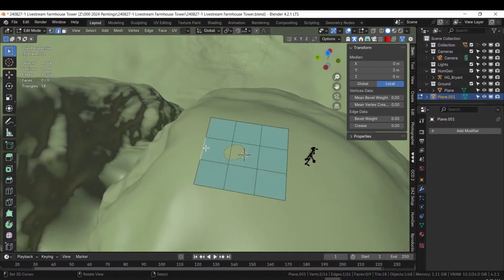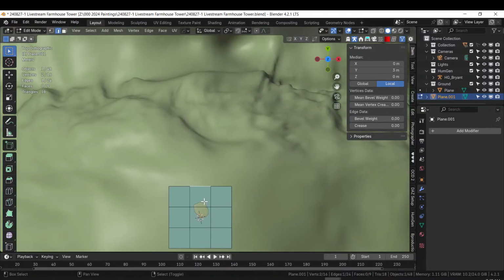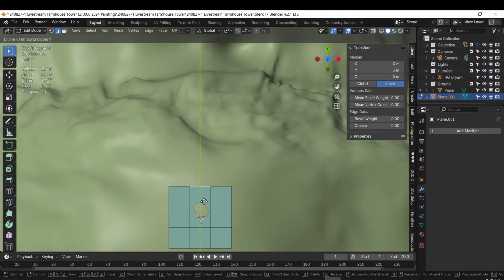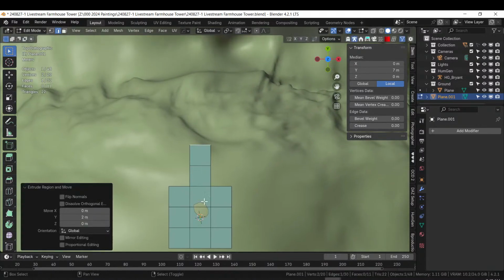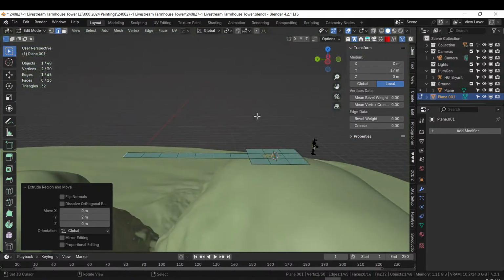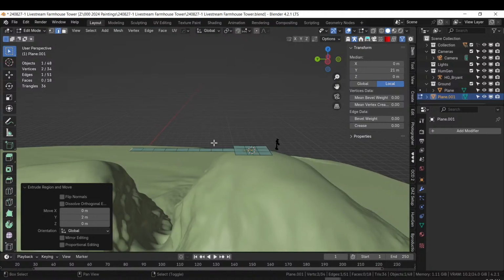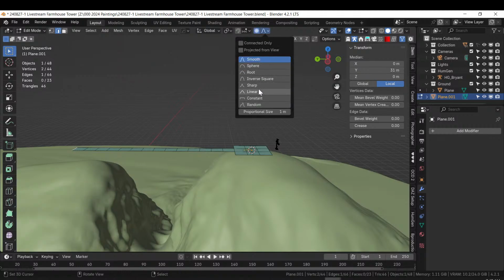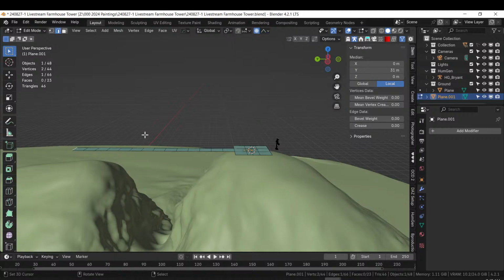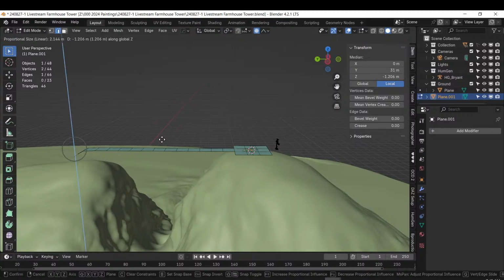Okay, then 2 and EY2. Shift R, Shift R, Shift R, Shift R, Shift R, Shift R. Got a few more. Shift R, Shift R, Shift R, Shift R, Shift R, Shift R, Shift R. There we go. Now turn on proportional and go to linear and GZ and make it